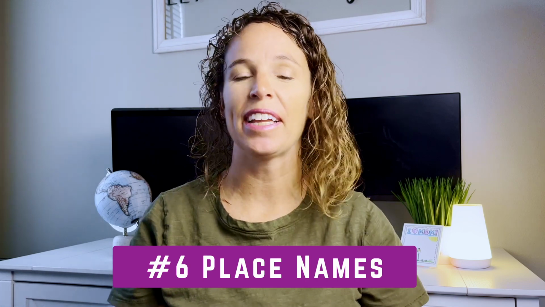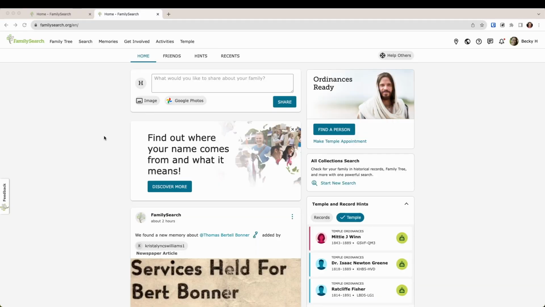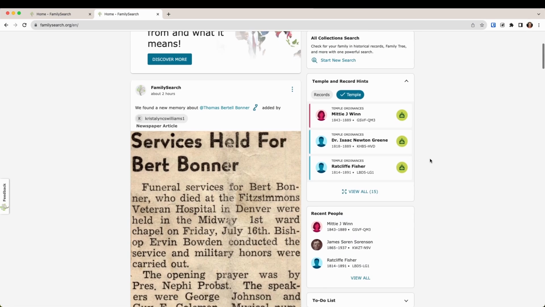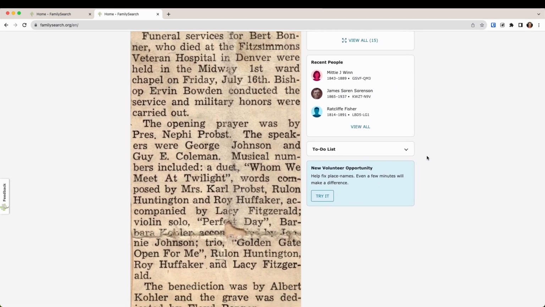Number 6, find place names. This one is quick and so easy. To find the opportunity to help with place names, what you want to do is make sure you go up here and you're on the home screen. And then scroll down to the bottom on the right column, you'll see this new volunteer opportunity, Help Fix Place Names. You can just click Try It,